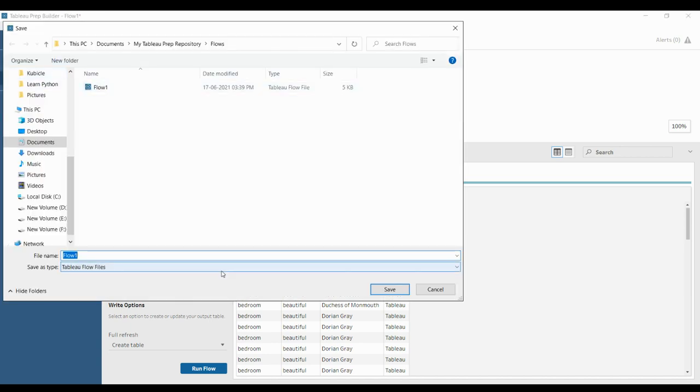It will prompt you. You have two different options. One is Tableau flow file and the second one is the packaged Tableau flow file. The Tableau flow file is if you want to just save the flow and the data will not be available to everybody. For example, if you are saving it as a Tableau flow file, no one can see the data. They can work on it, but they cannot make any changes to the data.